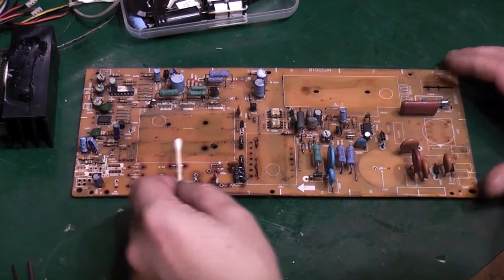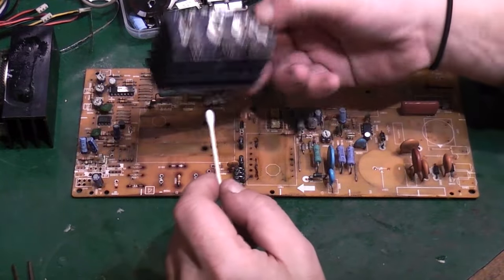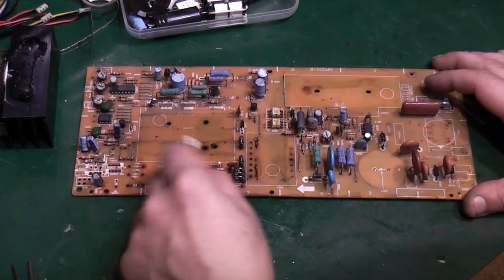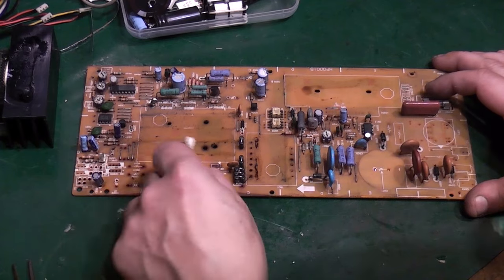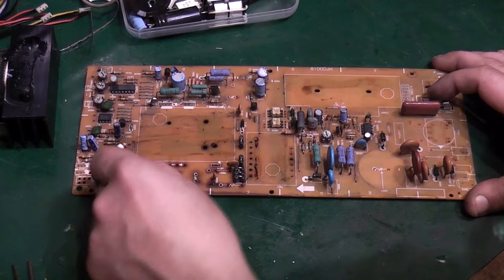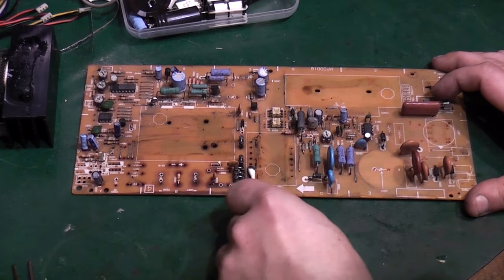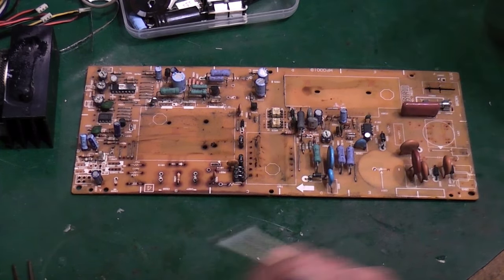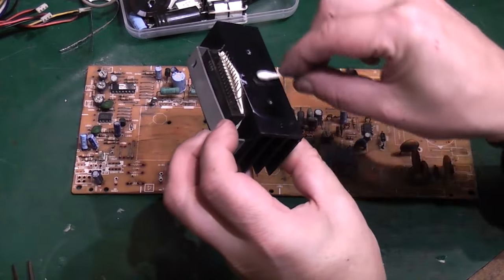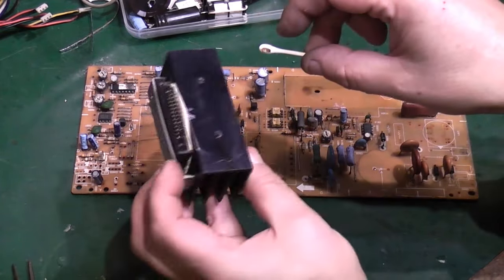If you look here, this is where the heatsink with all them diodes and power transistors and things are. If you look underneath it, basically this is all bad, leaked electrolyte that was underneath there. Same with that switching transformer there. If you look underneath, it's absolutely filthy. Even that switching control module there, if you look underneath where the heatsink is, just look, that's absolutely covered